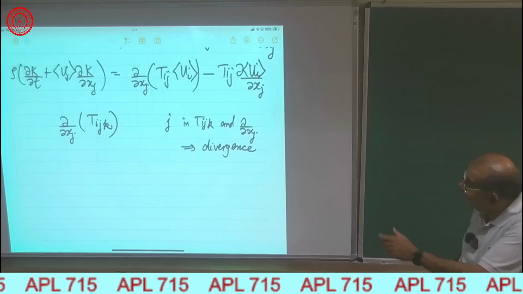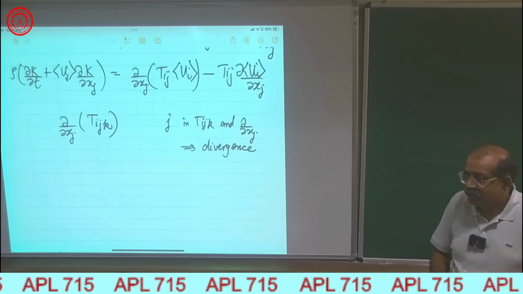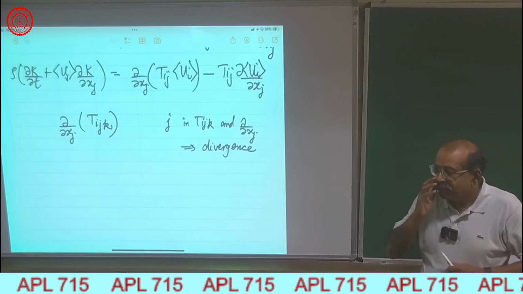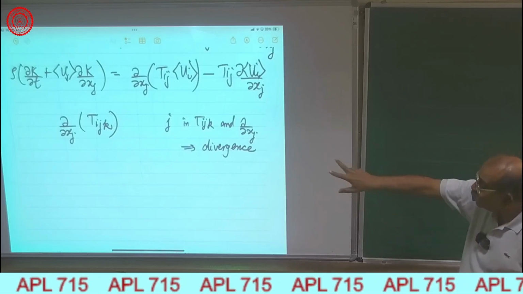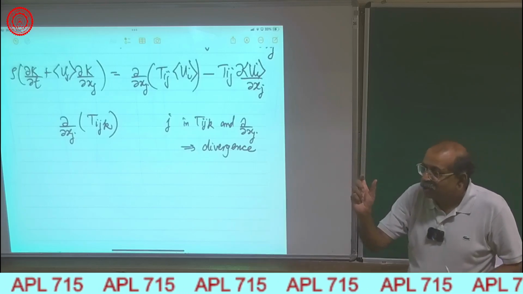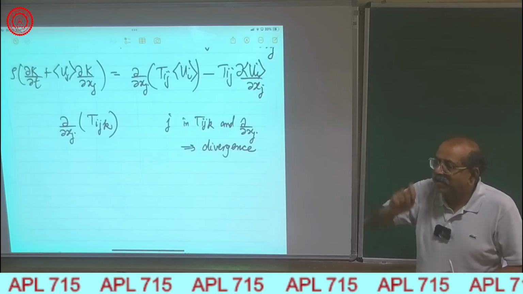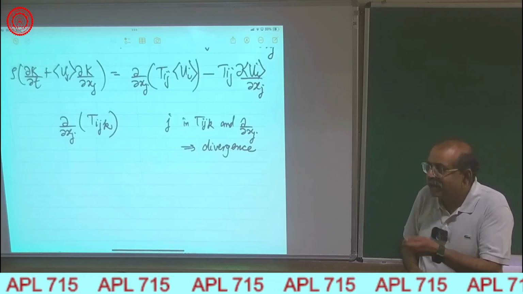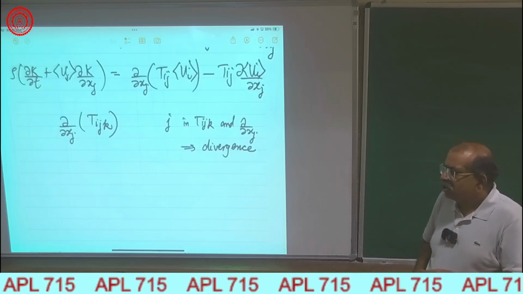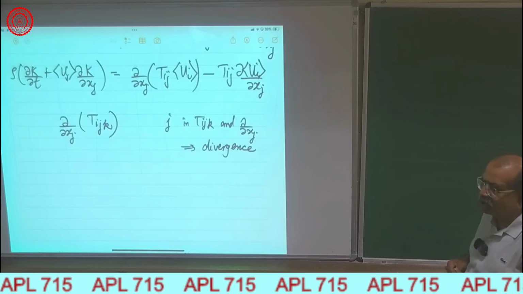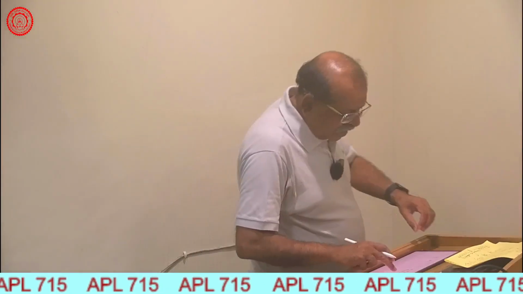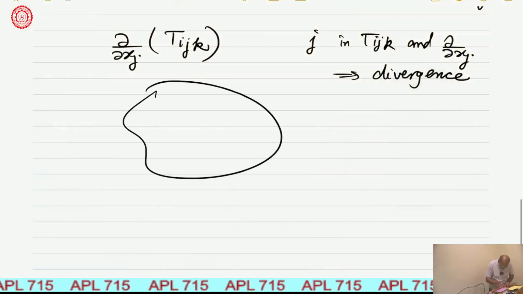But when there is a divergence, if I take dui by dxi, that is a scalar. So divergence means two indices are contracted. If the original quantity was of order n, the divergence will be of order n minus 1, because you are summing over this, so two of these indices get contracted. Now, the physical significance of the divergence is, if I have